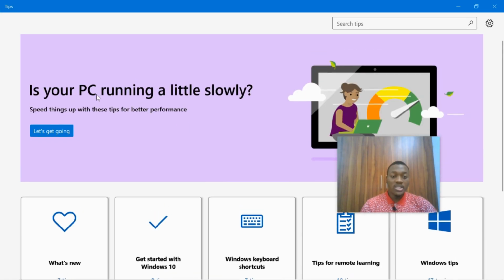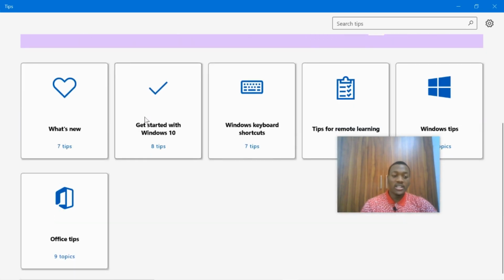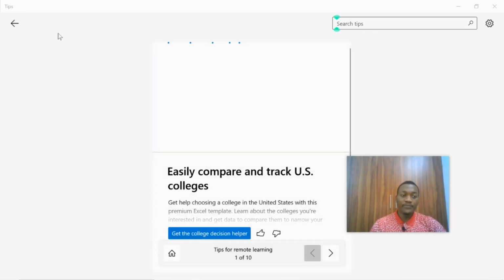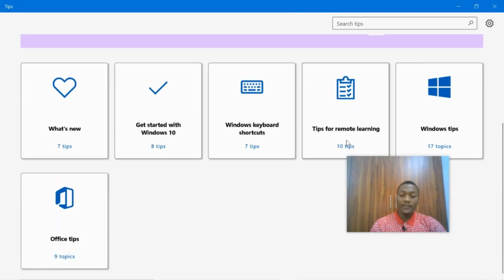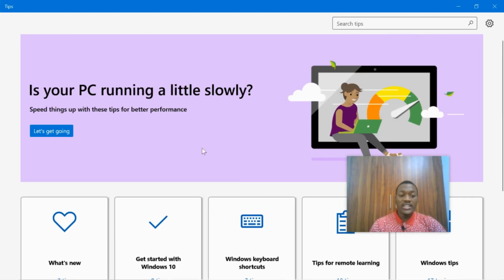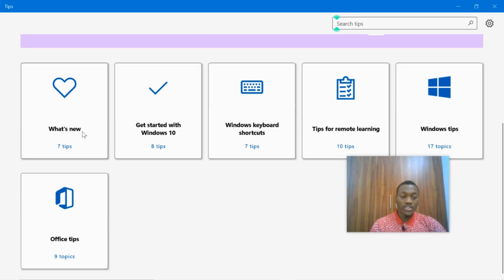Now, is your PC running a little slower? Speed things up with these tips for better performance. Now, we have what's new, 7 tips. Get started with Windows 10, 8 tips. Windows keyboard shortcuts, 7 tips. Tips for remote learning. Windows tips, 17 topics. Office tips, 9 topics. So to see these things, for example, what's new, 7 tips,